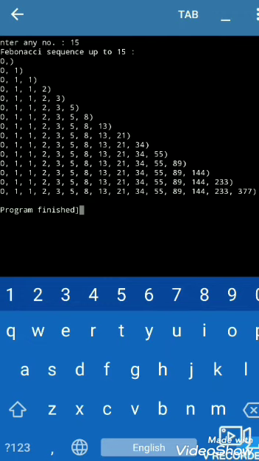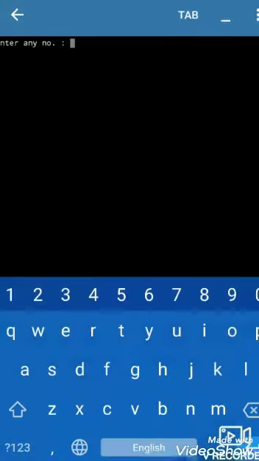You can see in the last line 0 plus 1 equals 1, 1 plus 1 equals 2, 2 plus 3 equals 5, 5 plus 8 equals 13, 13 plus 21 is 34, 21 plus 34 is 55, 55 plus 89 is 144, 144 plus 89 is 233, and 233 plus 144 is 377. It may be very long according to the number inputted by us.